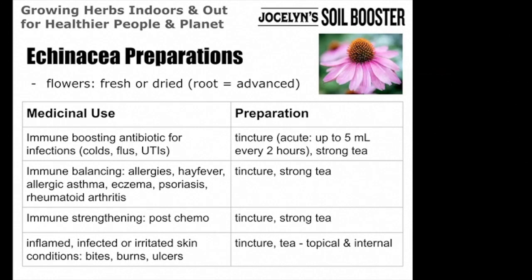And it has not only the benefits of this one isolated compound, but it has the benefits of the entire plant, the whole plant. Like I was saying before, the minerals and vitamins, you're getting all of that, and you're getting all of the primary medicinal properties as well as the secondary medicinal properties, which is what can lead echinacea, for example, to be able to balance our immune system, meaning that it can either strengthen it if we need it, or reduce it if we're having a reaction like an allergy or hay fever or eczema or psoriasis.